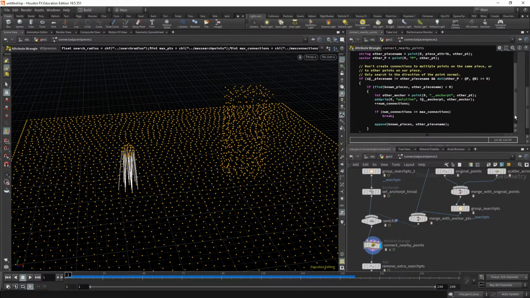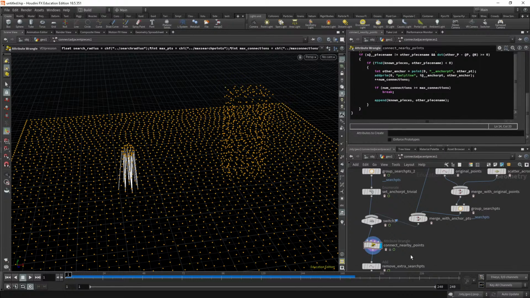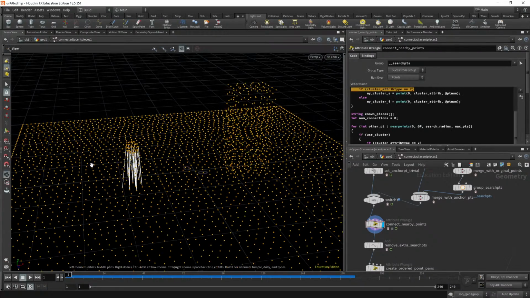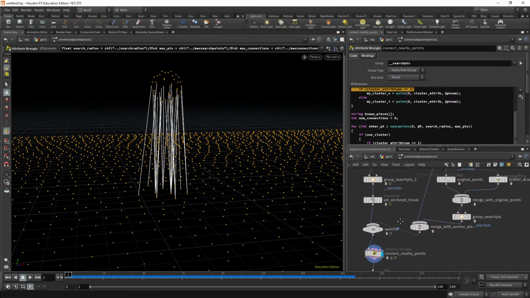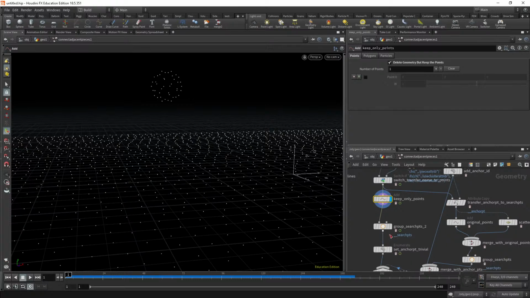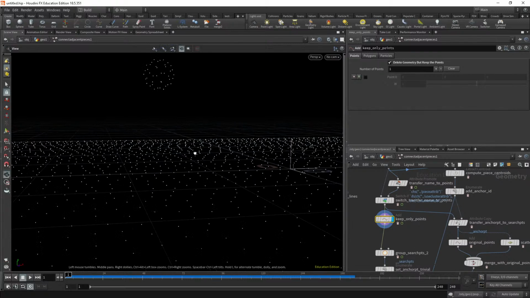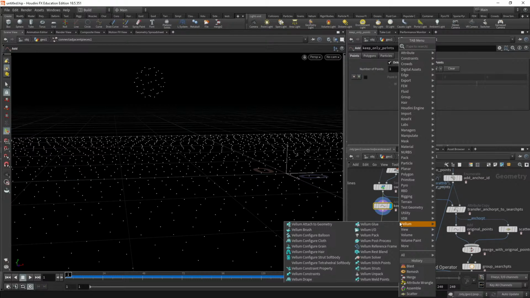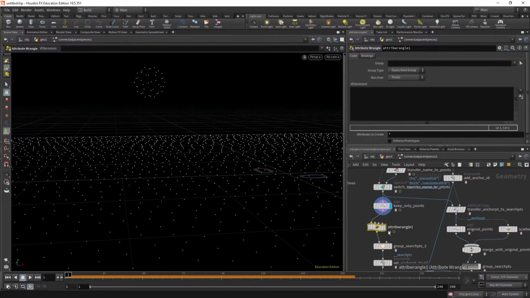I'm not going to do it because it will take me ages to work through that. But we could find something in there to maybe reduce the amount of points. Oh, we could probably do it back here actually, after the keep only points. Perhaps we could just reduce the amount of points here. So let's do it in an attribute wrangle. I'll just do an if statement, if rand at ptnum